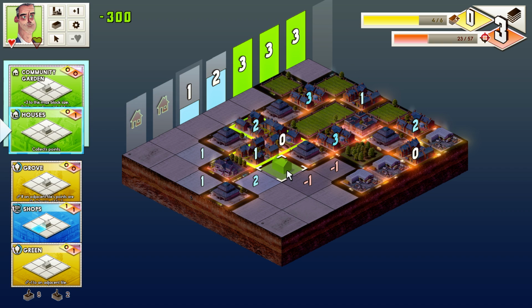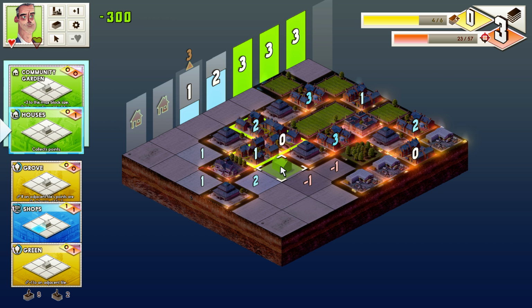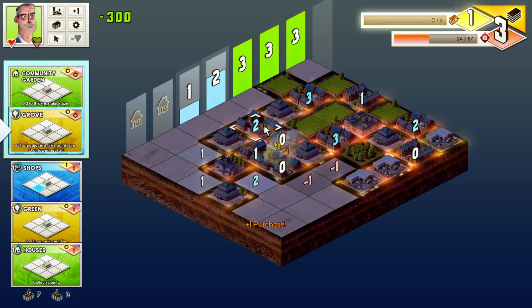When I mouse over next to this thing, it is highlighting the existing buildings. All three of these are houses, and I'm placing a new house. So when I place it, it's going to add to the block. All these are currently a block. In fact, if I click on it, it'll tell me Annecy Fields, I think, is the name of the block there, and it says 3 out of 4. So the block can be as large as 4. Currently, it's only 3. So if I place another one adjacent to one of those things, it becomes part of